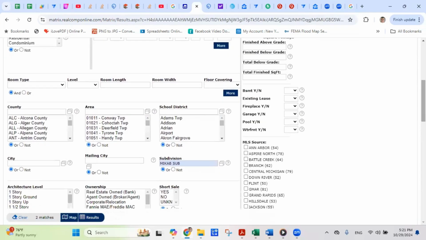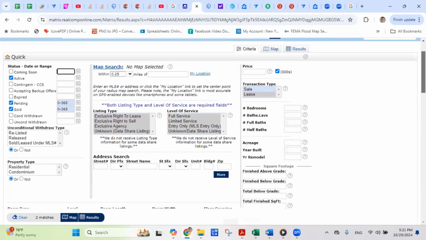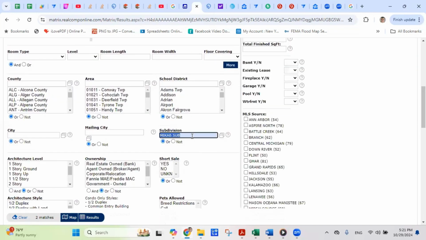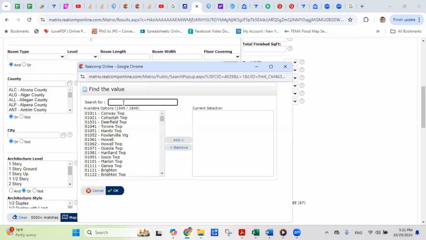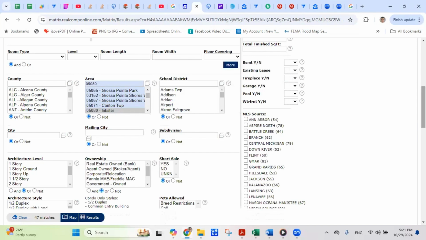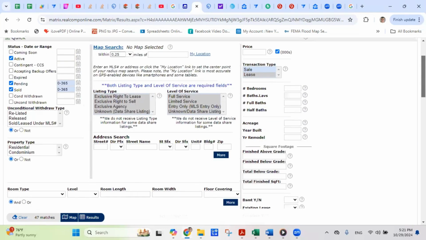Most of the time in the subdivision, you don't get too many comps. So then you have to either go with the distance or delete this subdivision and go to this area and you type Inkster here. Okay. Now I got 47 listings in Inkster. So I restrict my